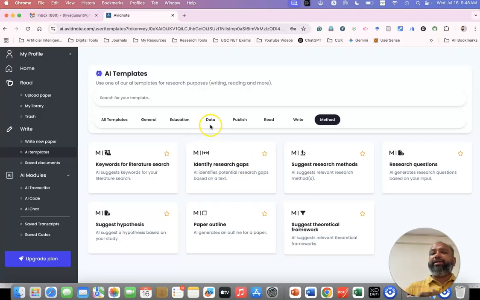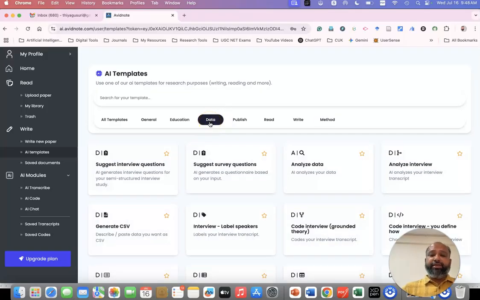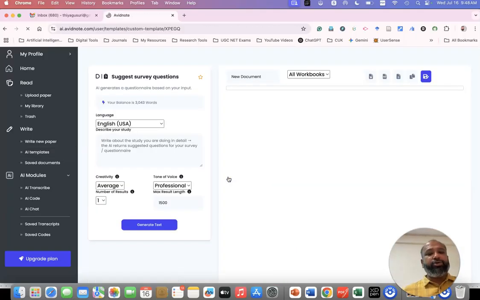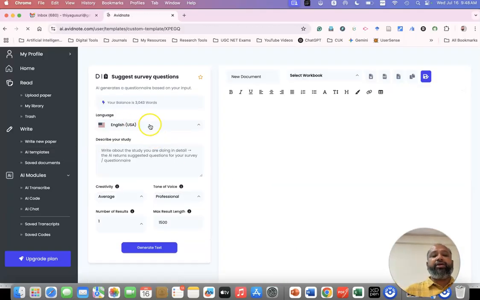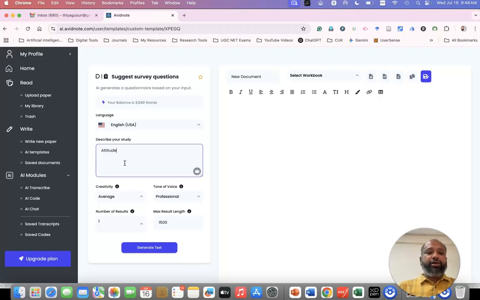Suppose my intention is to generate a scale. So go to the data, this is survey questions. Just select this and explain how to generate this. It asks which language you prefer. I need to generate content in the English language. Select this, and after this you can describe your study. Suppose my intention is that I want to develop an aptitude scale on AI power research